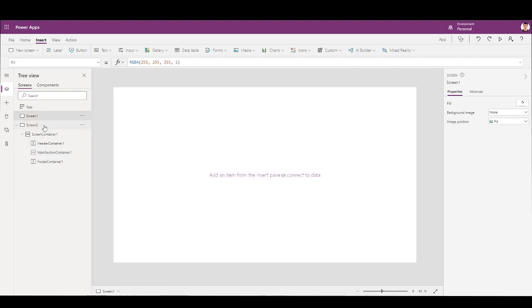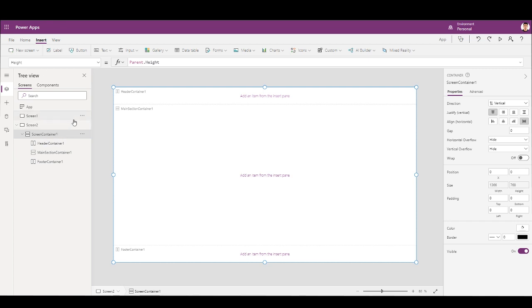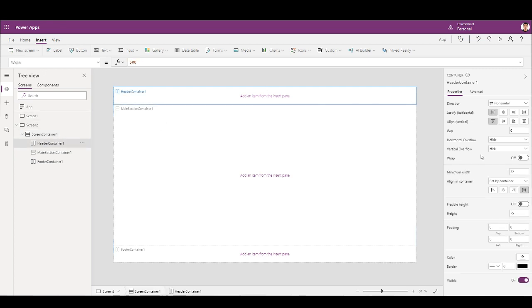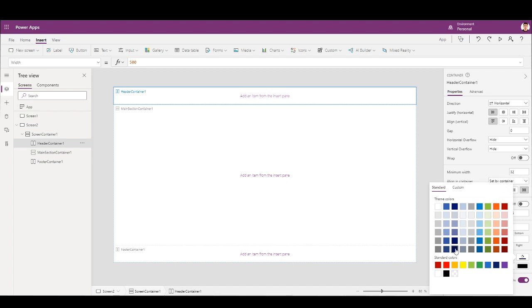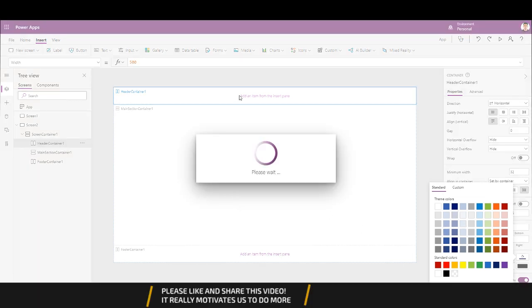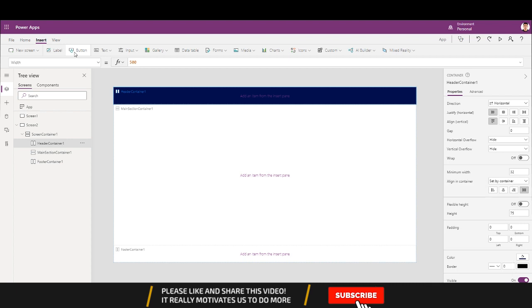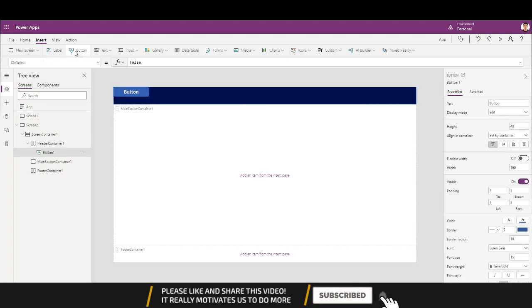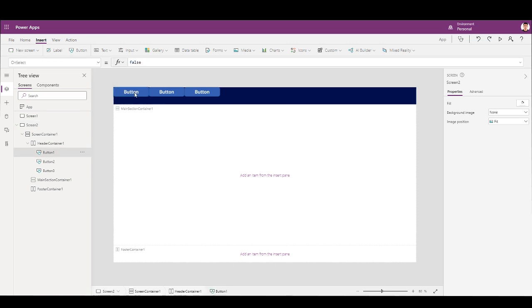So let's make a burger menu with a responsive feature. So let's go to screen container here, and let's set its color to blue, and let's add some buttons. So we have 3 buttons.